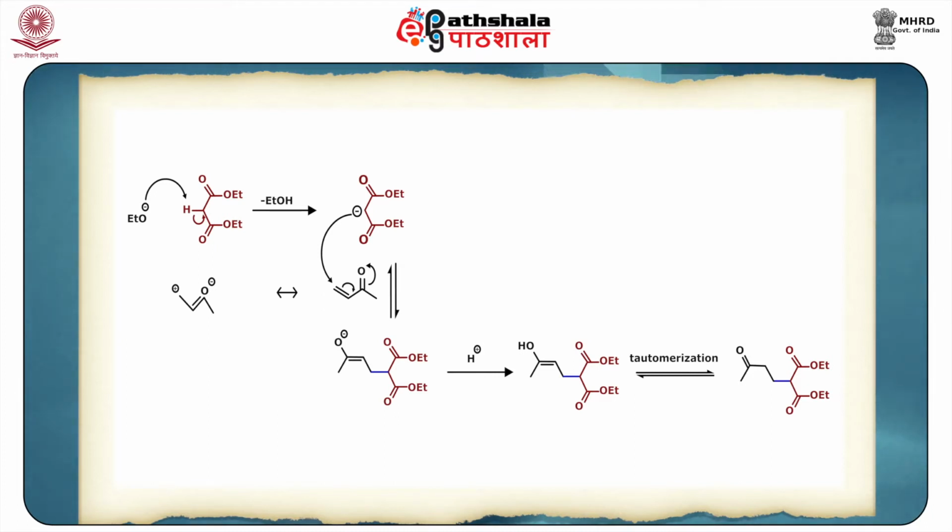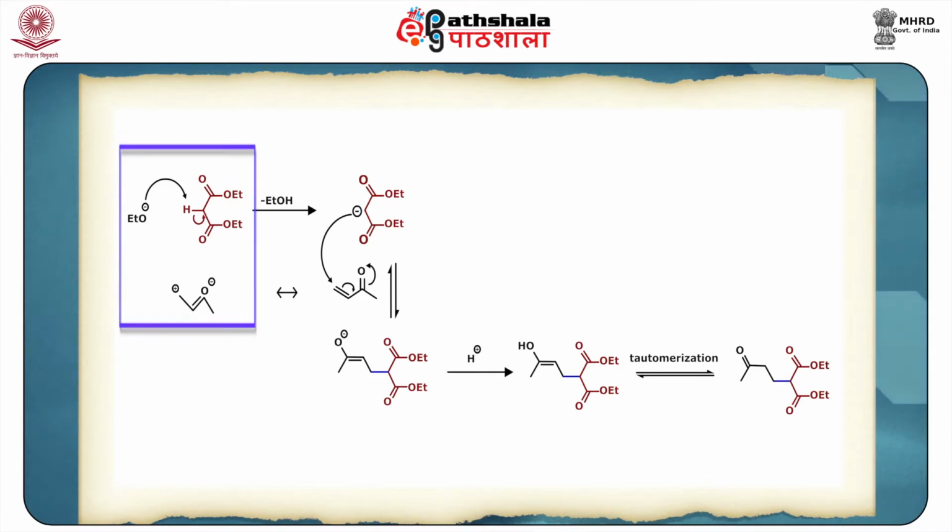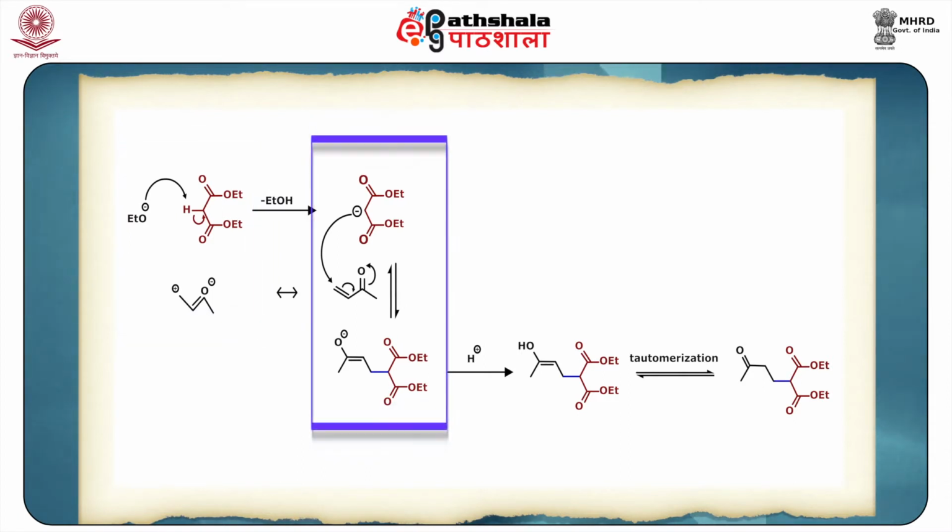So, you can see it is a very simple mechanism where the first step involves a proton abstraction by the base to yield the reactive intermediate, which is the enolate ion, and in the next step the nucleophilic enolate attacks the conjugated ketone at the electrophilic alkene carbon, thereby transferring the electrons to the electronegative oxygen, yielding an intermediate enolate adduct. Thus, the conjugate 1,4 addition occurs.